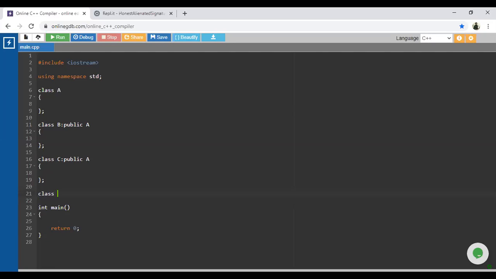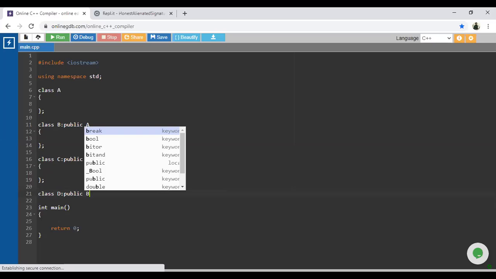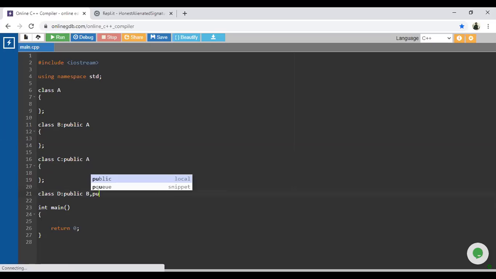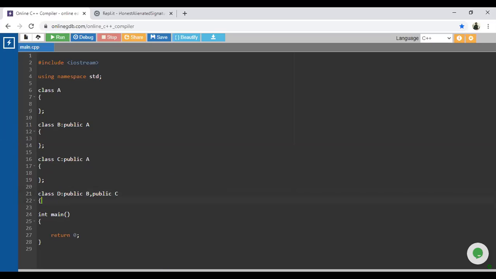Class D is going to inherit all the data, public B and public C. So we are done with our blueprint.